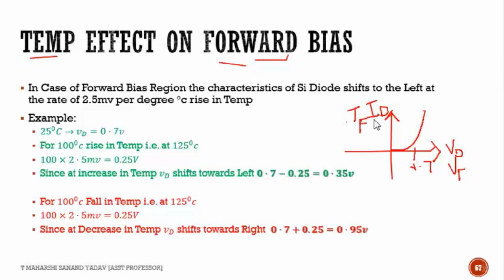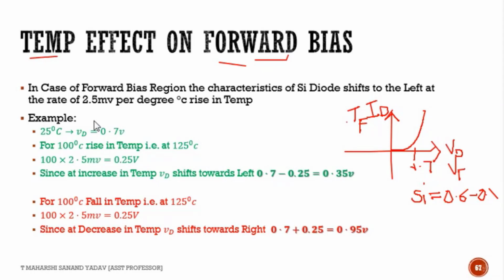Now the graph which I've drawn is for silicon or germanium? Silicon. It is for silicon, right? So the barrier potential will be approximately in the range of 0.6 to 0.7. I've shown you in the previous slides also, I've implemented it using Multisim and shown you the graph as well. And if it is for germanium, the barrier potential will be 0.3 volt. Now if we try to increase the temperature, what will happen to these characteristics we shall see.